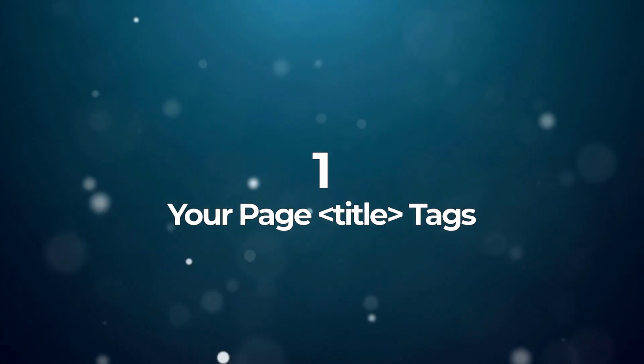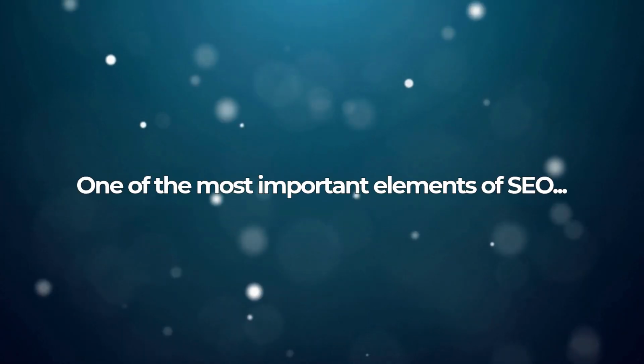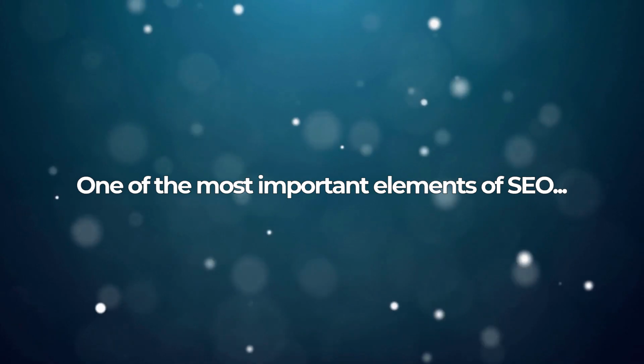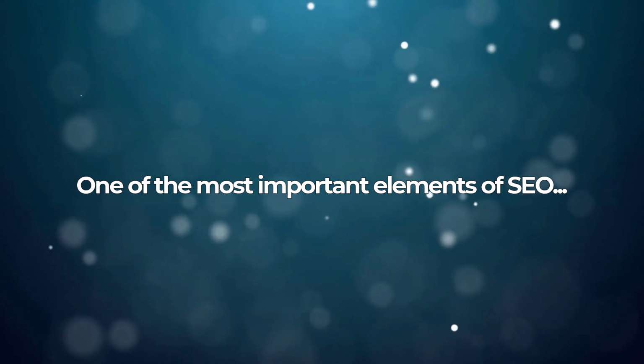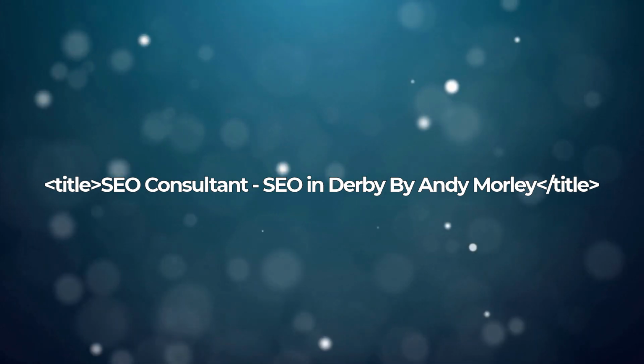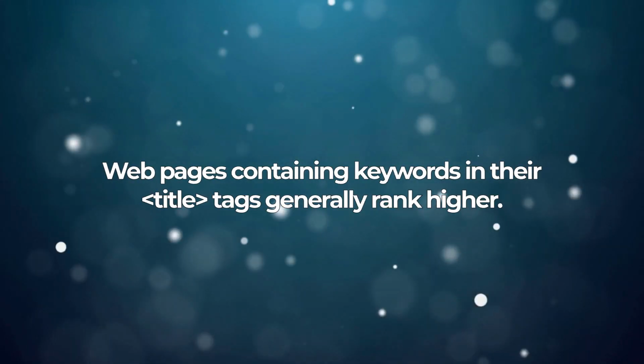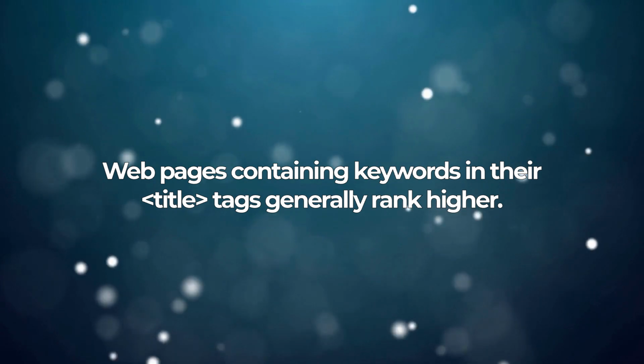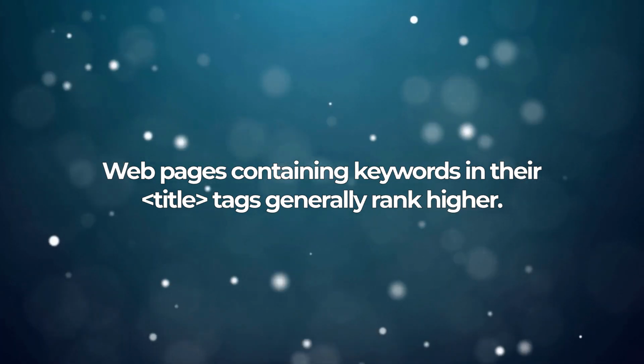Number 1. Your page title tags. Your page title tags are one of the most important elements of your site's code with regards to SEO. The title tag should be written so they include most important keywords of your page. It is known that web pages that contain target keywords within their title tags generally rank higher in search engines